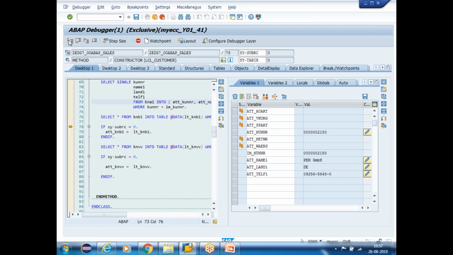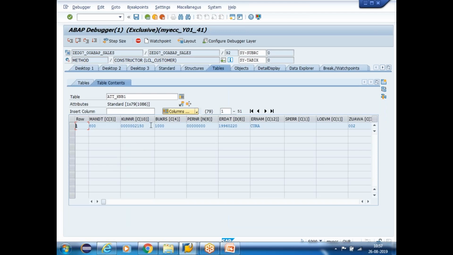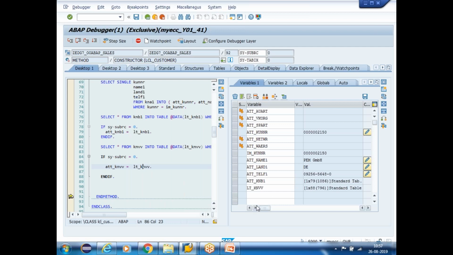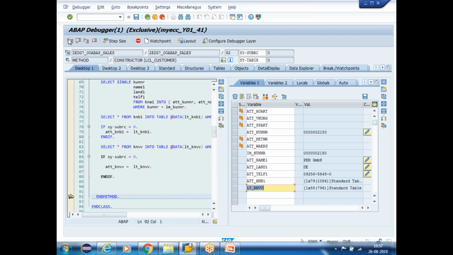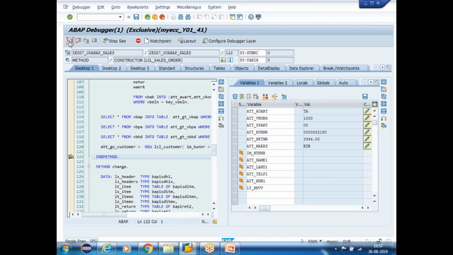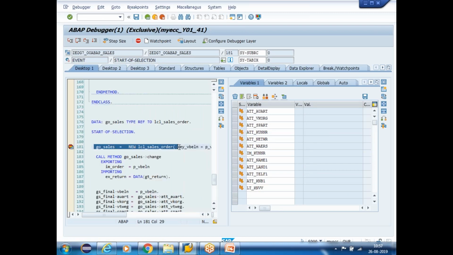And also if sy-subrc equal to 0 and KNB1, LT_KNB1, I am going to fetch the sales area data. See guys, KNB1 will have one company code which is assigned. So company code is 1000. Okay, and KNVV sales area details. So the sales area which is assigned to this customer is 1000, 10 and 10, guys. So I have this information and F5, and now see guys, my object is instantiated, and